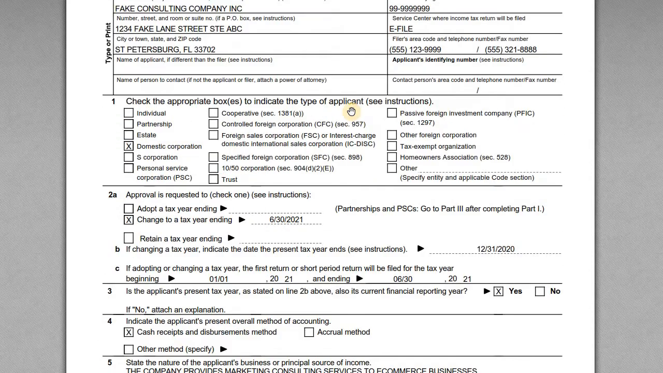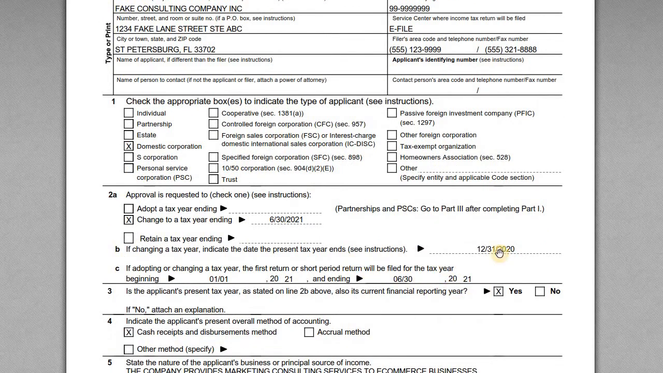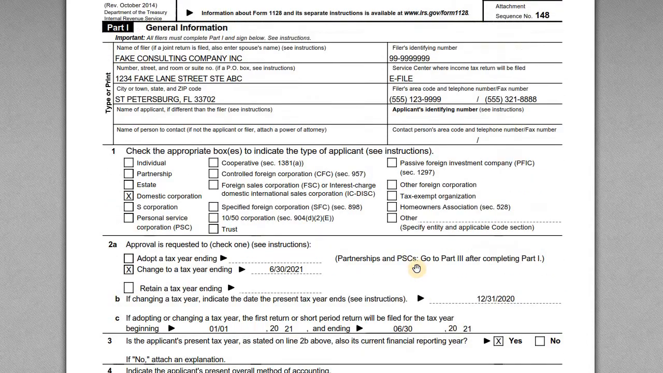And then that's it. And go ahead and print this, sign it, mail it to the appropriate address in the form instructions. And then you should be good to go. And then just remember to start doing your tax returns using the updated periods, and then you should be all set. So that covers it for the